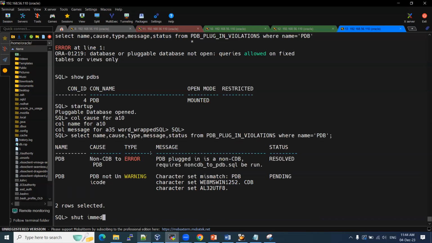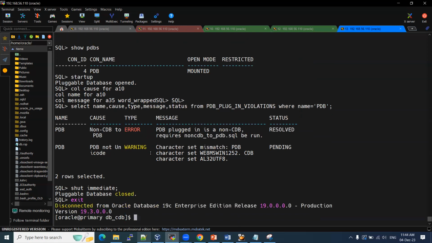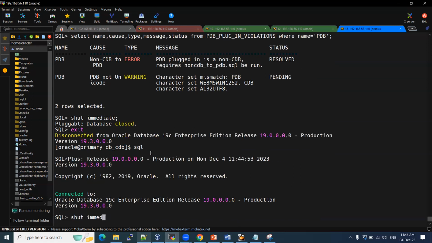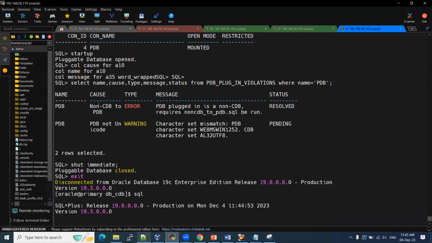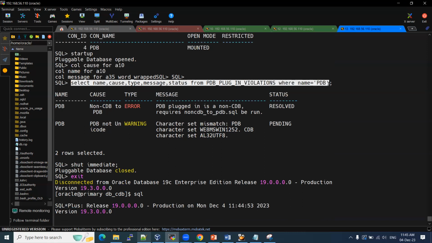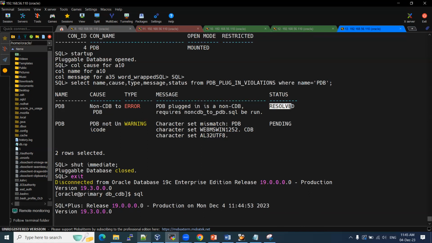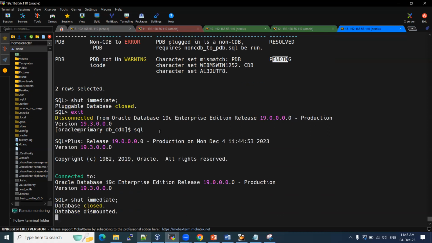So shut immediate, then write shut immediate. After we restart the server, we can recheck it. Even if the status is resolved, it is not like a type. It is a pending one. We can restart it, that is fine. The type is an error, but if the status is pending or in progress, then only we can say that the issue is also completed. It is better to restart one more time,